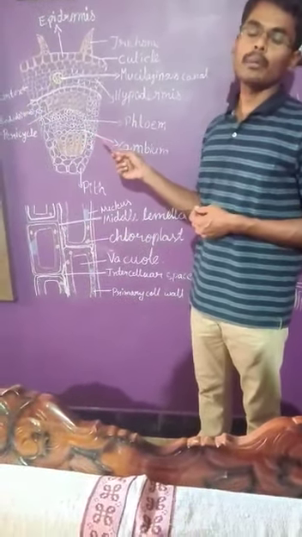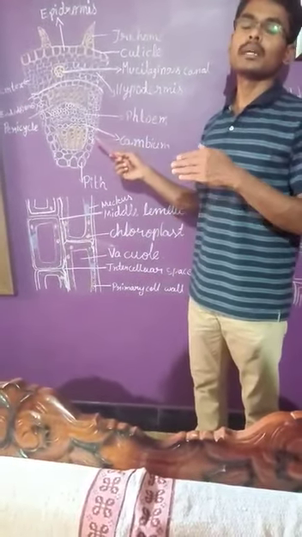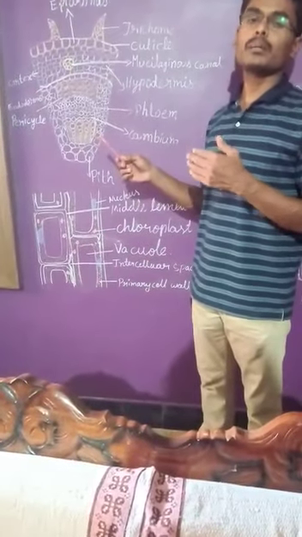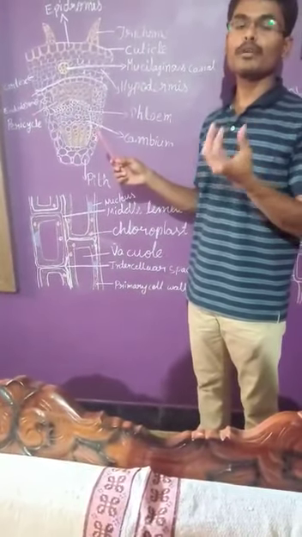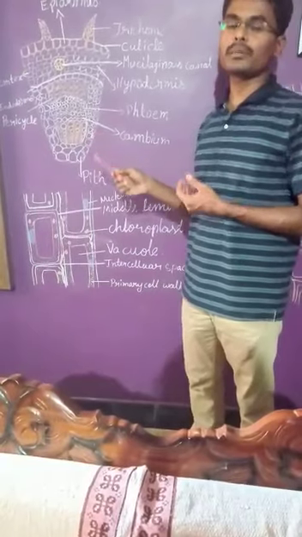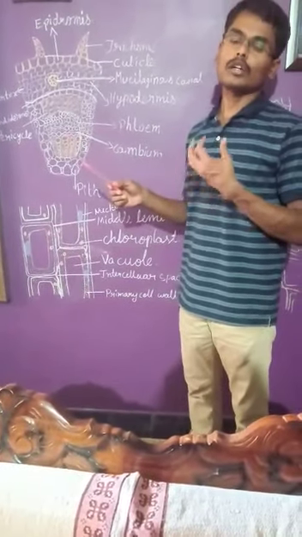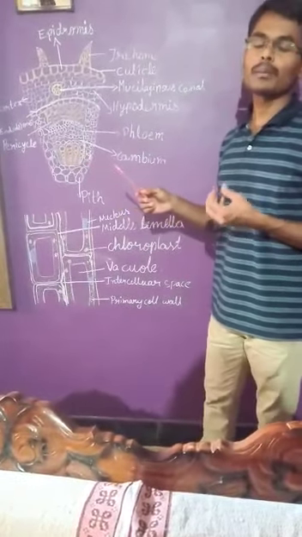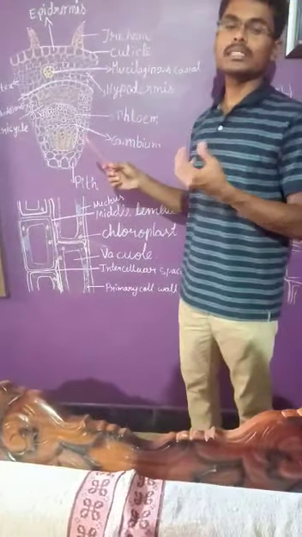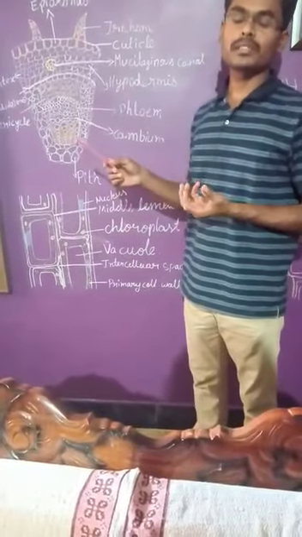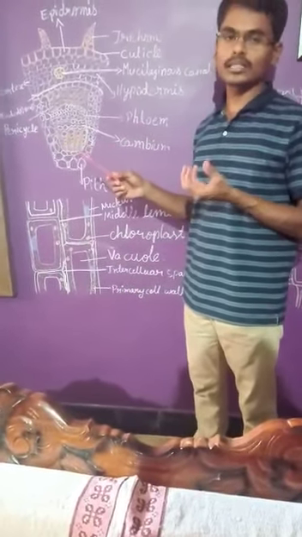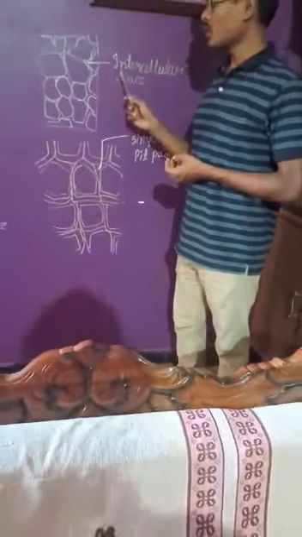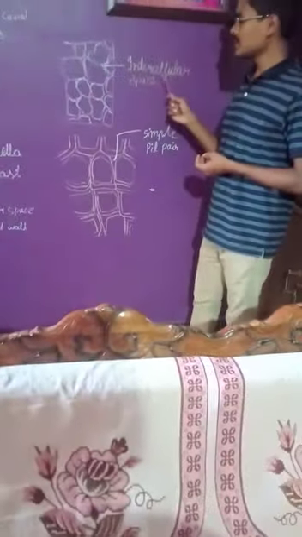What is this parenchyma? The parenchyma is nothing but some kind of layered arrangement of the cells. For example, you take a few layers of the cells in a simple permanent tissue. The cells are loosely arranged, loosely packed. We can see some kind of spaces between the two adjacent cells. Those spaces we call the intercellular spaces. I already drew them over this wall to show the intercellular spaces.